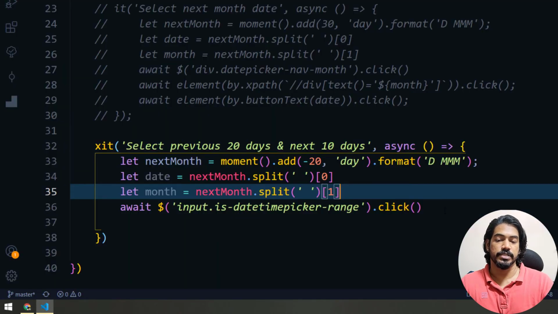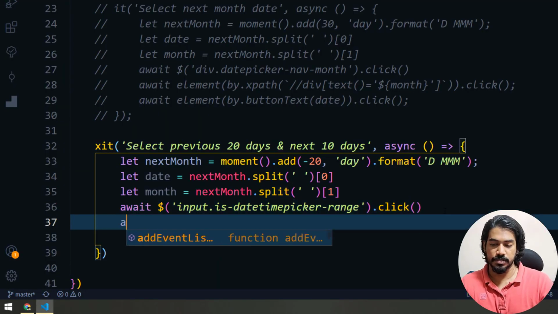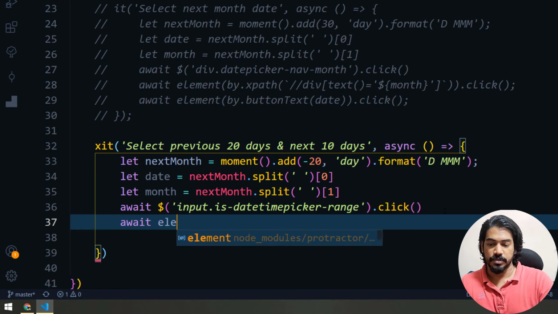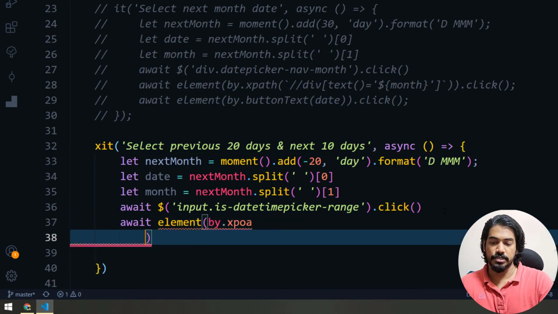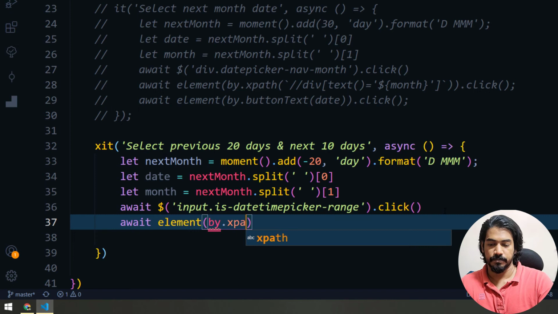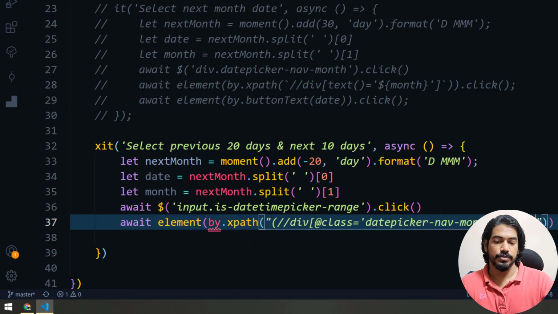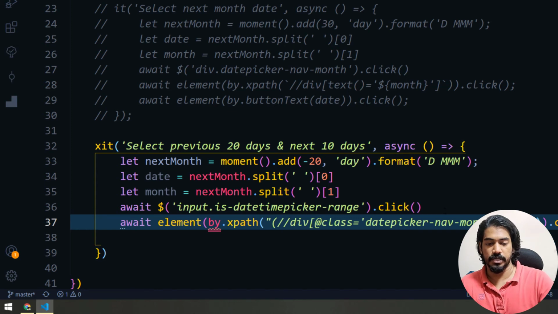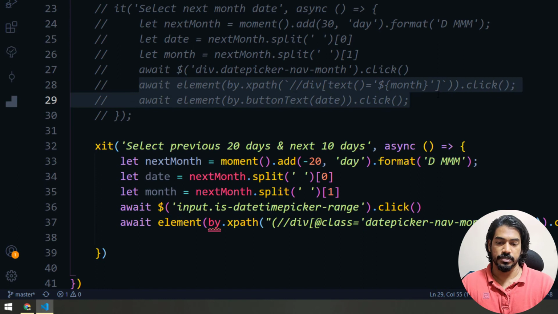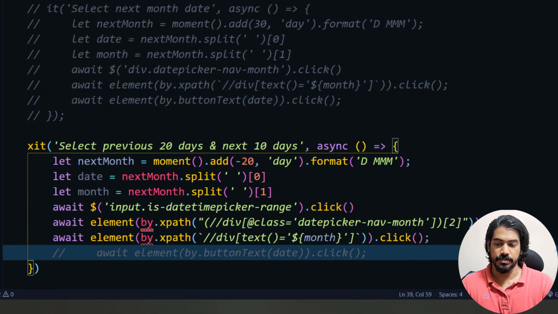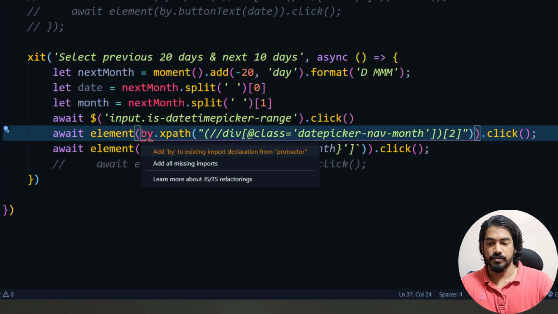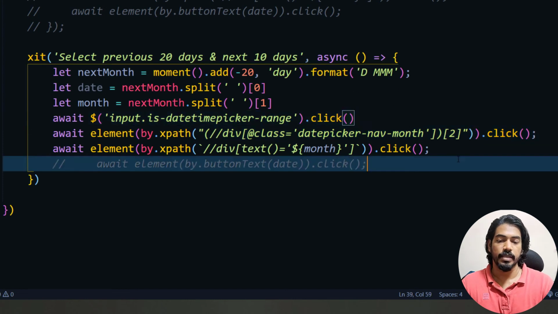So we can take this one, and here we can say, once I click on this input, then I have to click on this one, right? So element, then followed by dot xpath, and then followed by this one, and dot click, right? So dot click, and then followed by again the same thing. So this is what we are going to do. So let's copy and paste over here, right? That's it. Of course I have to import the By. Yeah, so let's uncomment this.